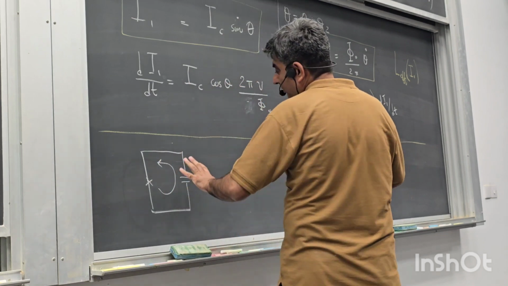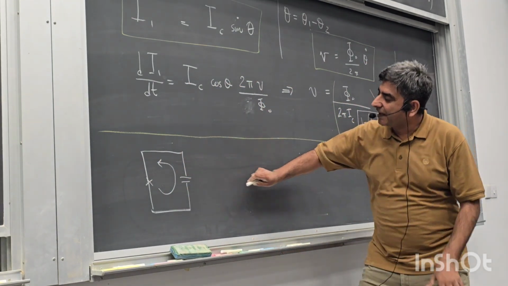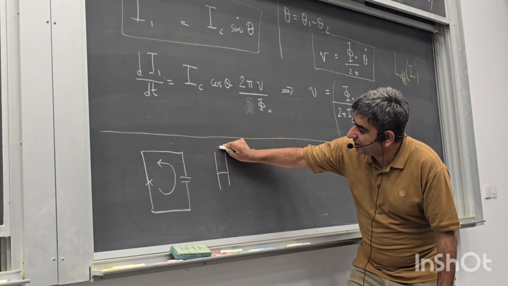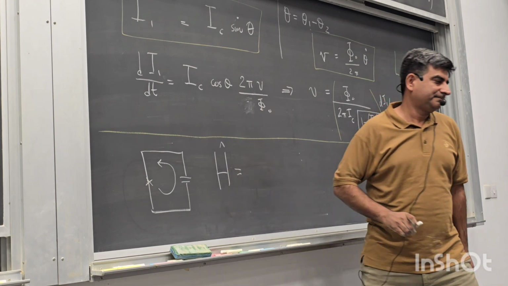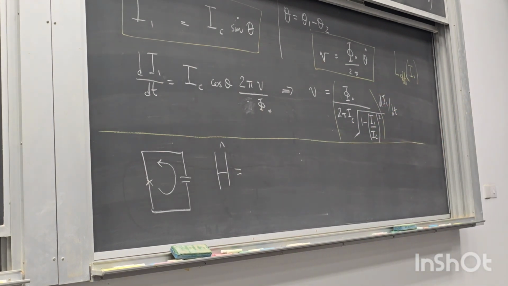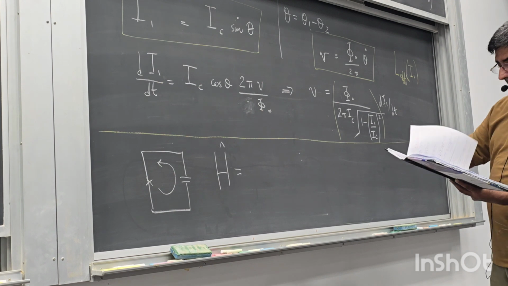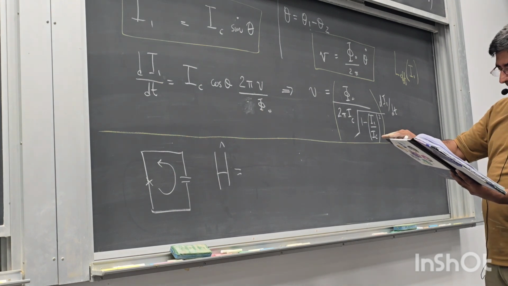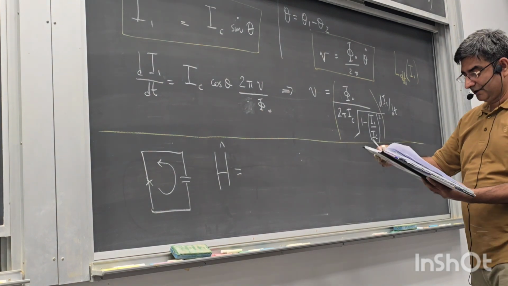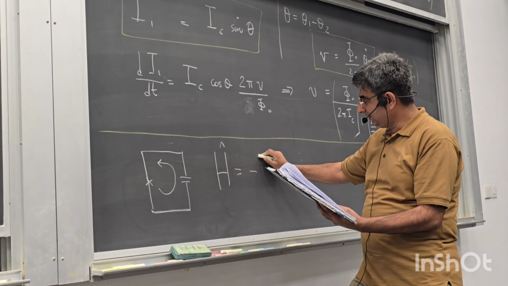Let me just write down the Hamiltonian. The Hamiltonian is very interesting. And I'll share my handwritten notes for this as well. The Hamiltonian for this system is given by this really nice form, eventually, after I do all my calculations: minus Ej